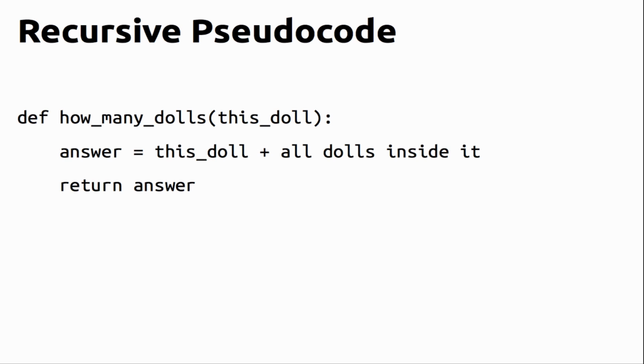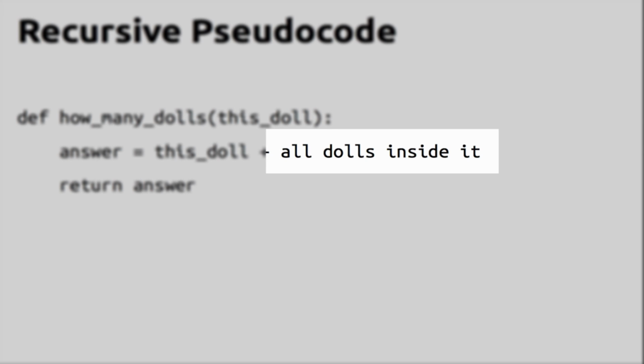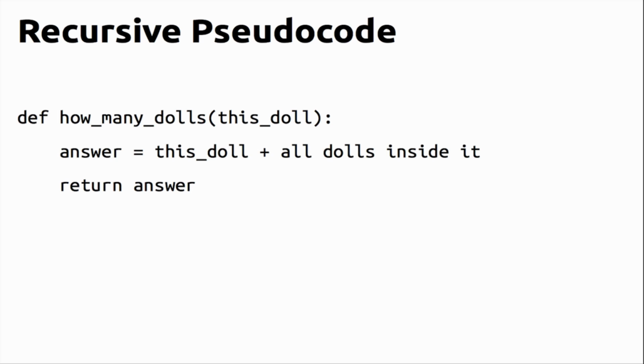Here's what some of the pseudocode would look like for the answer to that question. Def how_many_dolls(this_doll), that takes a doll and asks the question of how many dolls am I holding. The answer, of course, is going to be this doll, the one I'm holding, and all the ones inside it. After we get that answer, we return that answer as being the answer to our question. This part here, the all the ones inside it, is the recursive part, in which we again ask how many